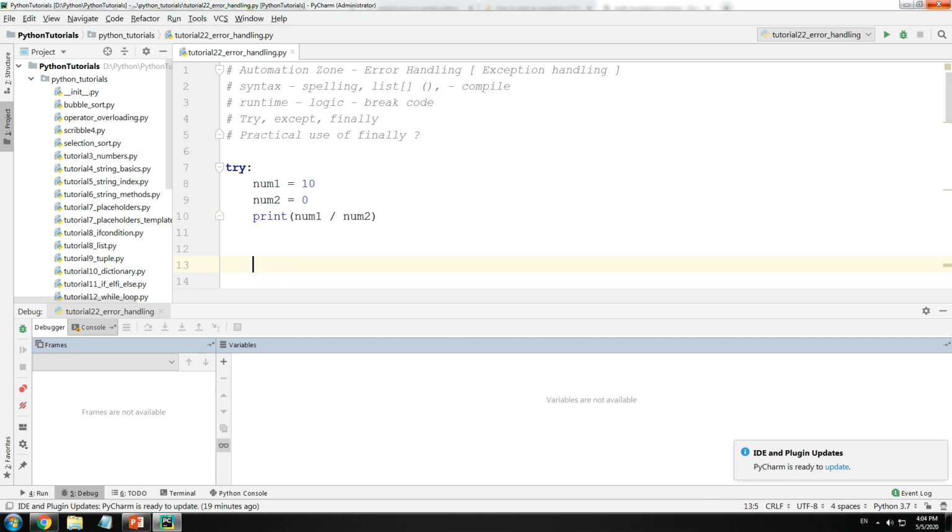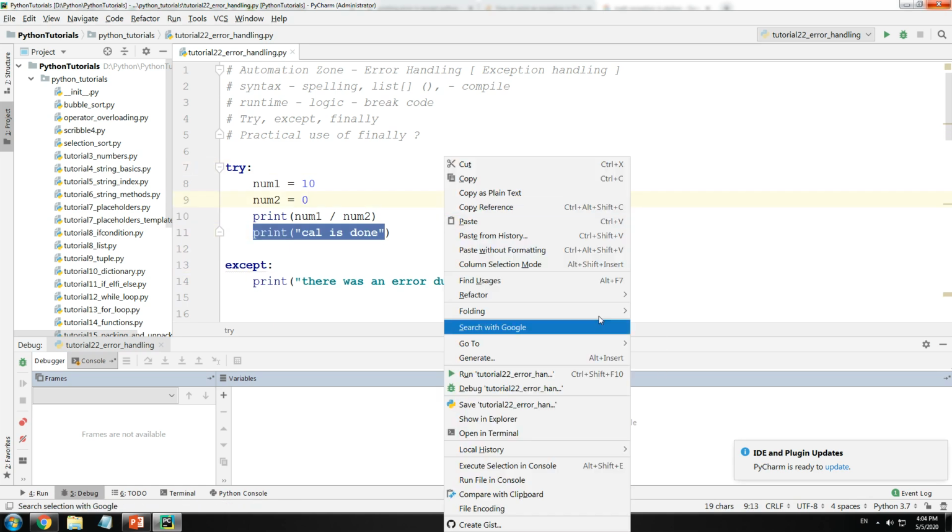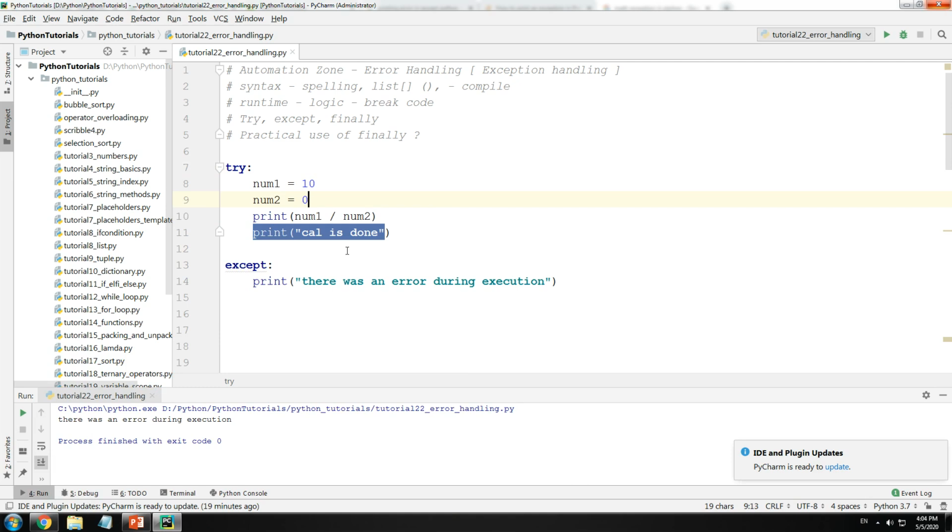So what happens to the code which is written after it? For example, here I've written a line called calculation is done. Will this line run? Let me run this. You can see this particular line was not printed. So the moment it finds an error, it is not going to execute any code beyond it. It will directly jump to my except block.